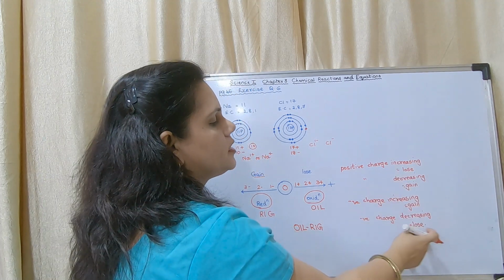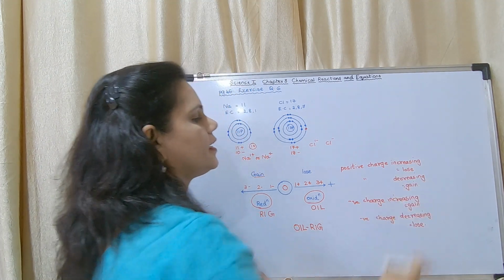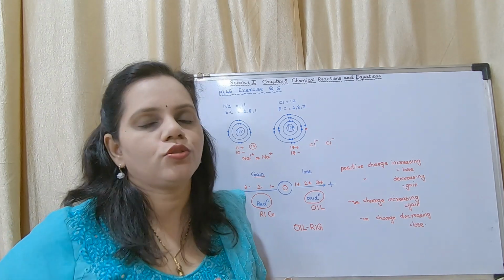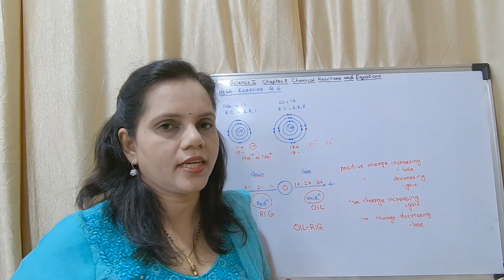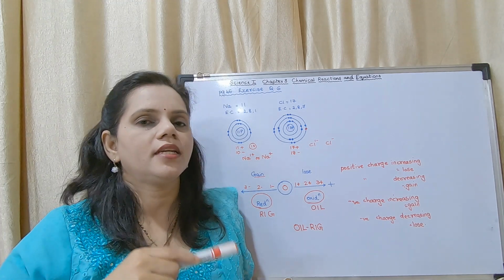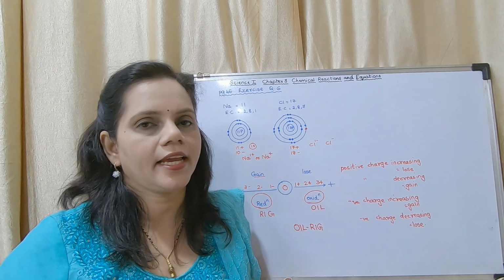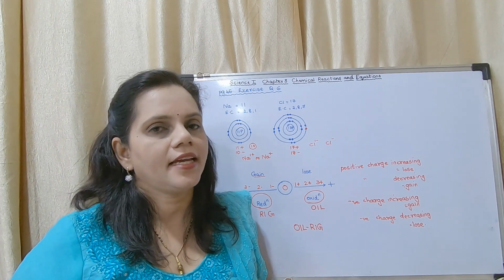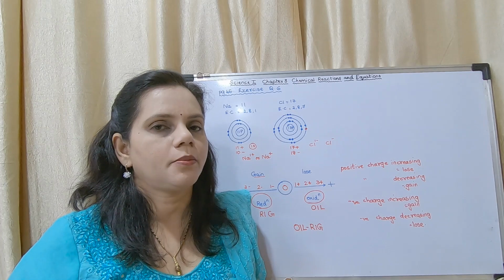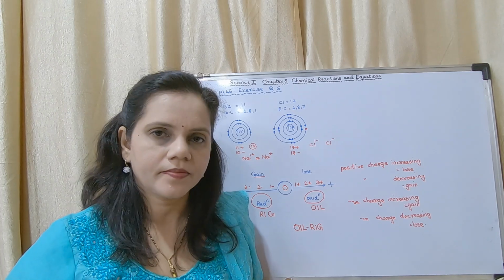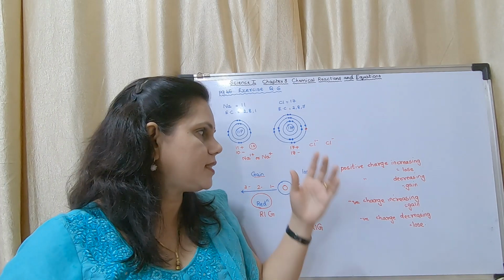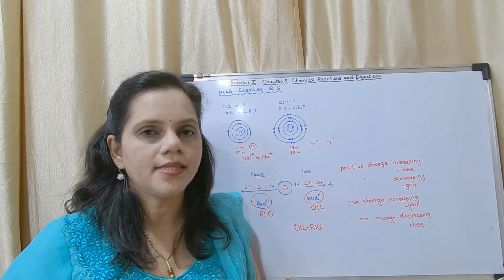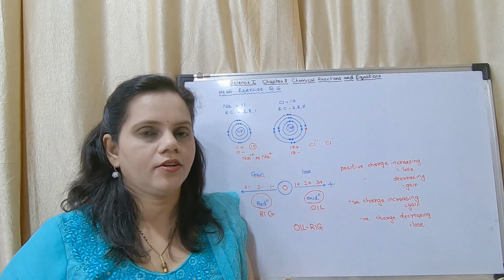Wherever lose, it is oxidation. Wherever gain, it is reduction. So you have to remember this. 1 plus to 2 plus, 2 plus to 3 plus, it is losing electrons. 1 minus to 2 minus, 2 minus to 3 minus, it is gaining electrons. So plus is losing electrons, minus is gaining electrons. This is about their valency. Have you understood? This much you have to understand for solving question number 6. You may write this in your notebook.